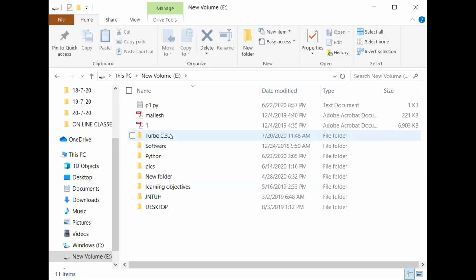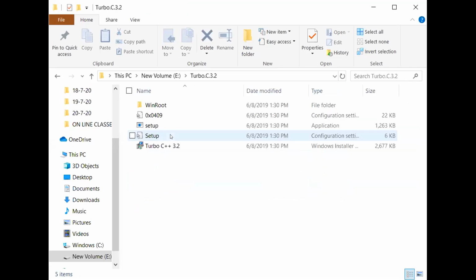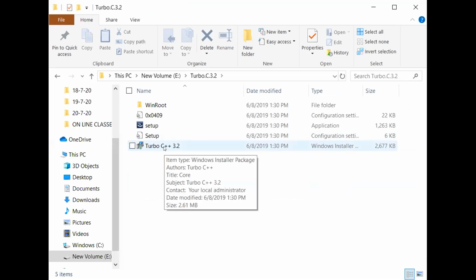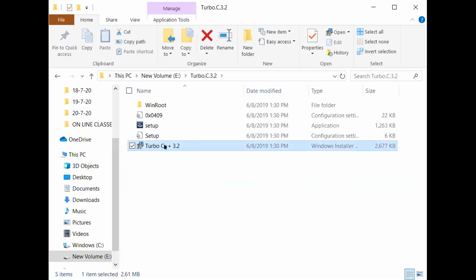Okay, go to that folder. There is a Turbo C++ 3.2 setup. Okay, just click that button, then install.